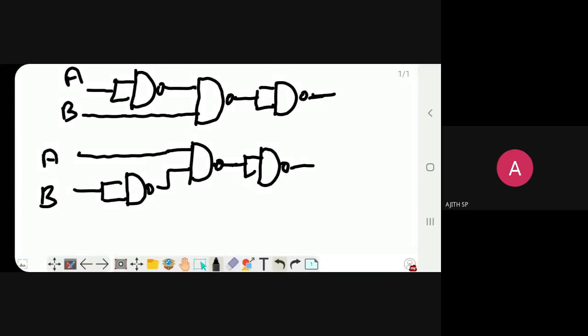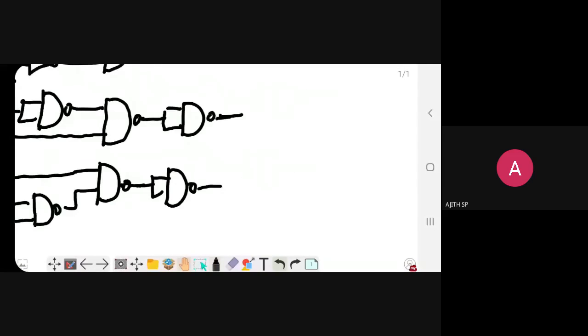Again, for an OR gate, I am going to implement with a NAND gate. So I want to complement each input first, and then I want to use a NAND gate for the final output.